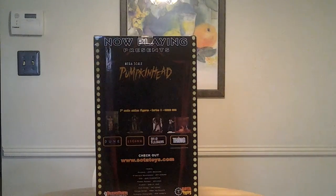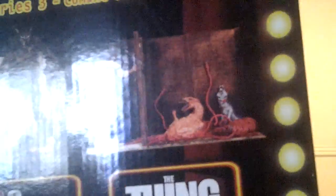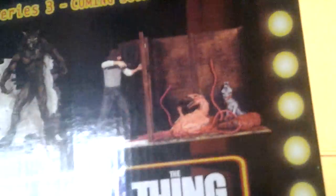Let me give you guys a close-up of the box. It's a very light figure. So we got Pumpkinhead there. On the bottom we have some more figures you can collect. The one on the end there on the right, the Fang figure, I really want, because I love that movie so much. That's a really cool figure too. But I don't really care too much for these other ones, because they're just okay. But anyway,